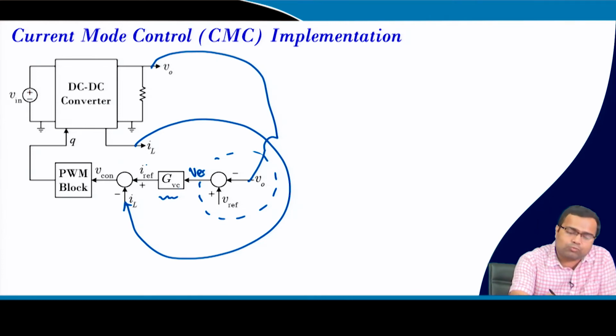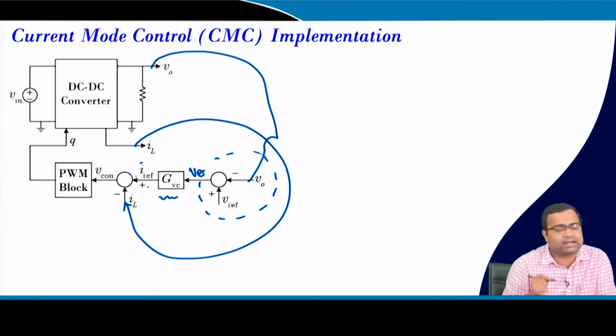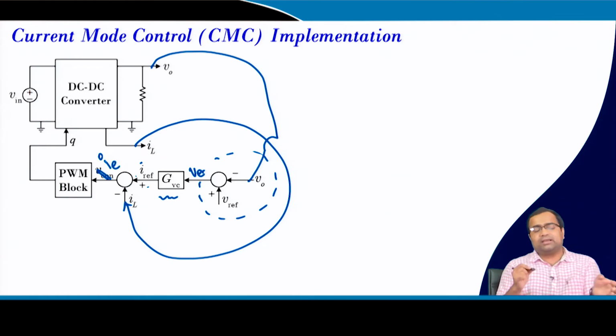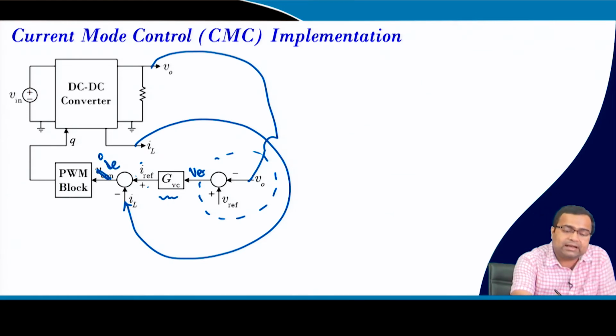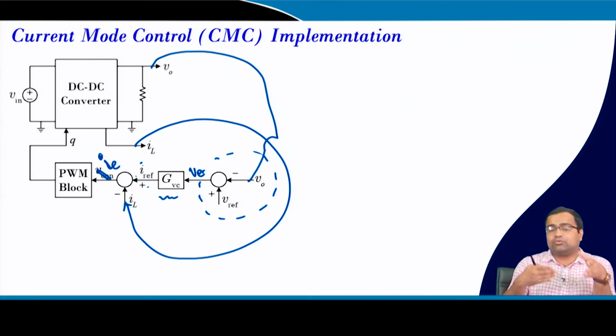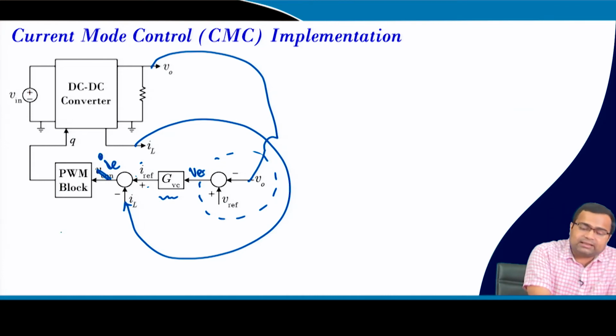Then the controller output generates a reference current, which is compared with the inductor current, and this will be the error current. This error current goes inside the PWM block and it translates this error current into a controllable gate signal. If we do not consider any ramp signal, then this error current is directly compared